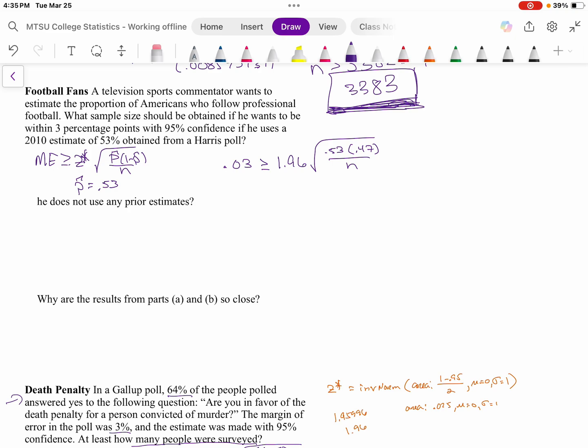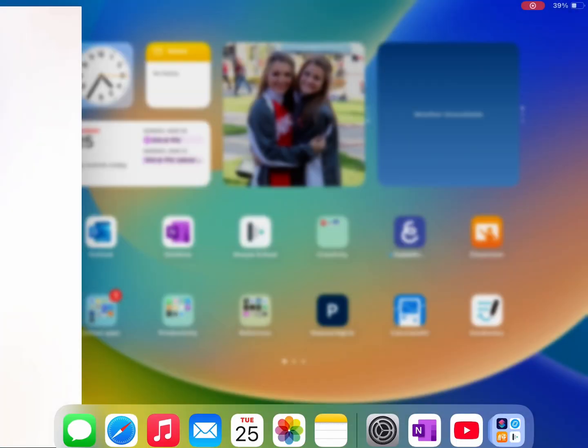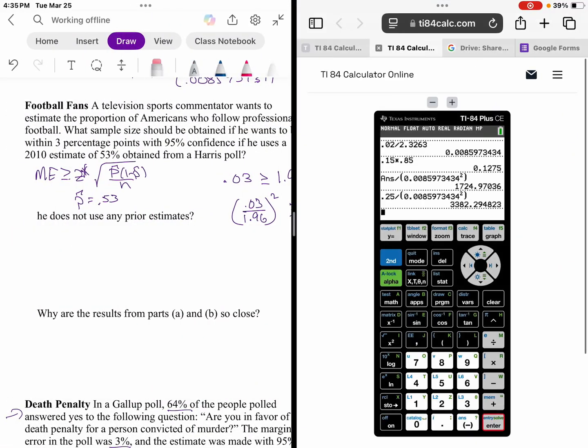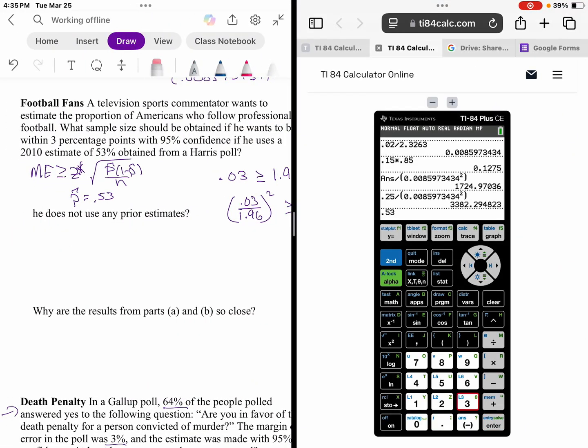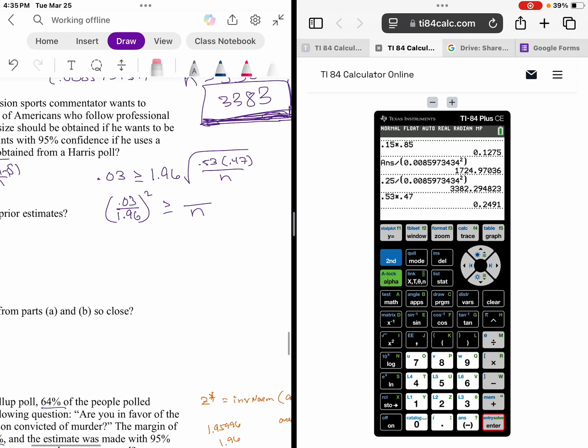Eventually what's going to happen as we go through, I'm going to have 0.03 divided by 1.96. I got to square it, and that gives me the top of the fraction. So let's get the calculator involved as I try to simplify some. 0.53 times 0.47 would be 0.2491. And we're going to go ahead and trade places there and say that n is greater than or equal to